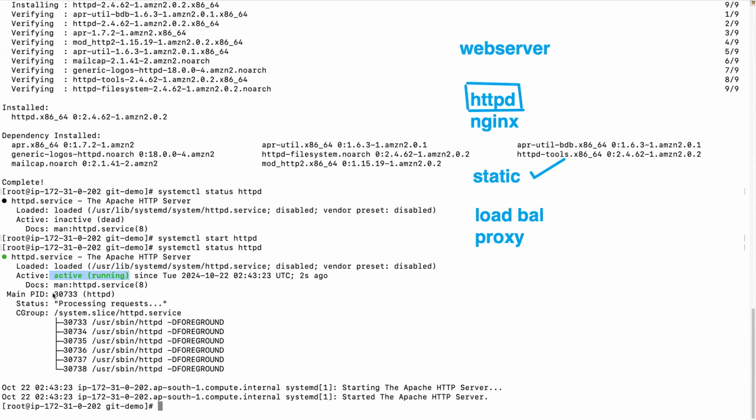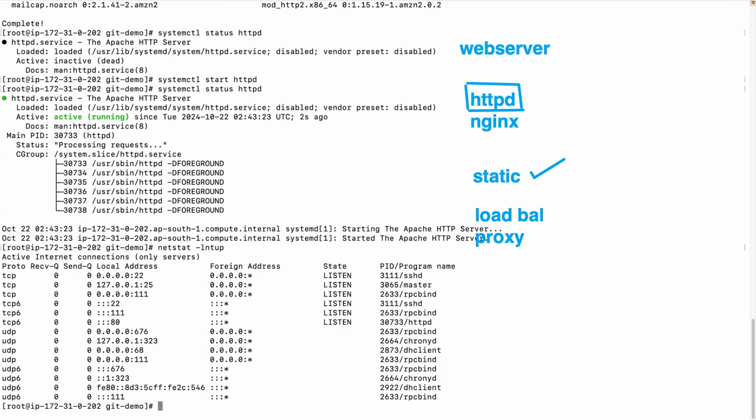If it is running, a process ID will be assigned and it would be running on some port. I know that the default port is 80, but let's say it's a new service and I don't know the port. How do you check that? These are all different Linux commands which you can make a note of. netstat -lntup. It will show you all the ports, all the processes running on the server. But I want only